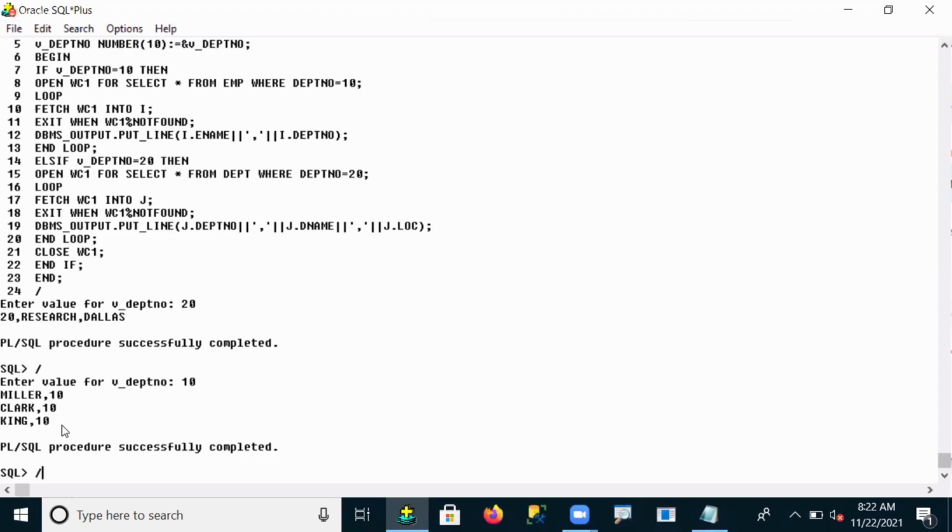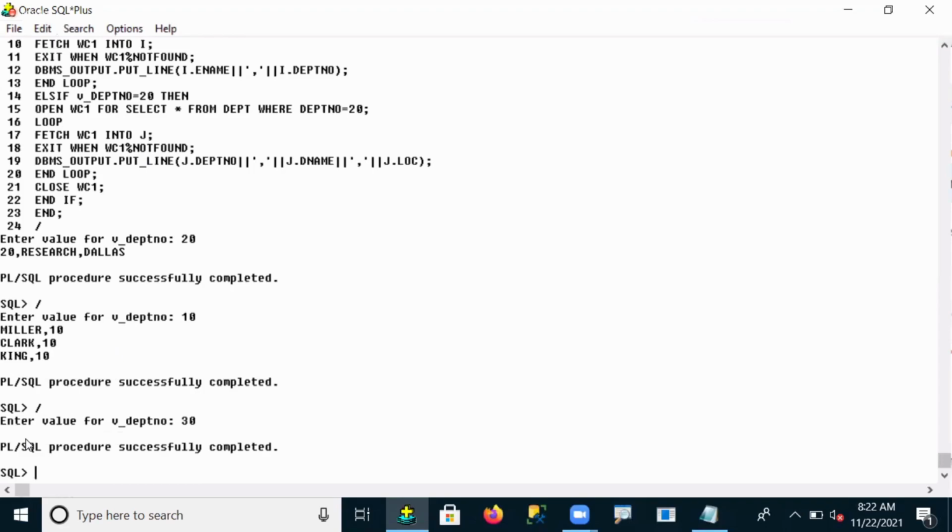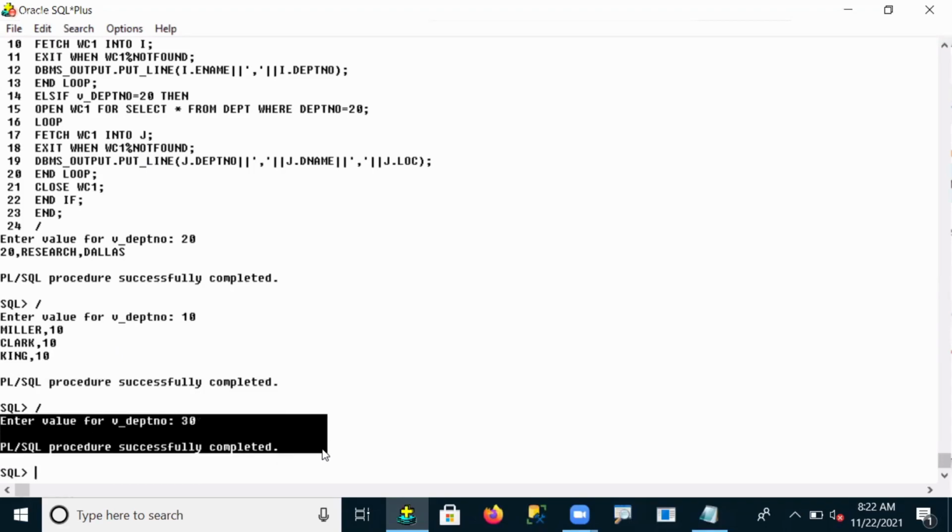For example, if I give 30, the user has entered department number 30, but I did not give a 30 condition here. First it will check the first condition, 30 is equal to 10, the condition is false, then it will go to the else if condition. There, 30 is equal to 20 is also false. Then it will come out of the loop and no data will be displayed.